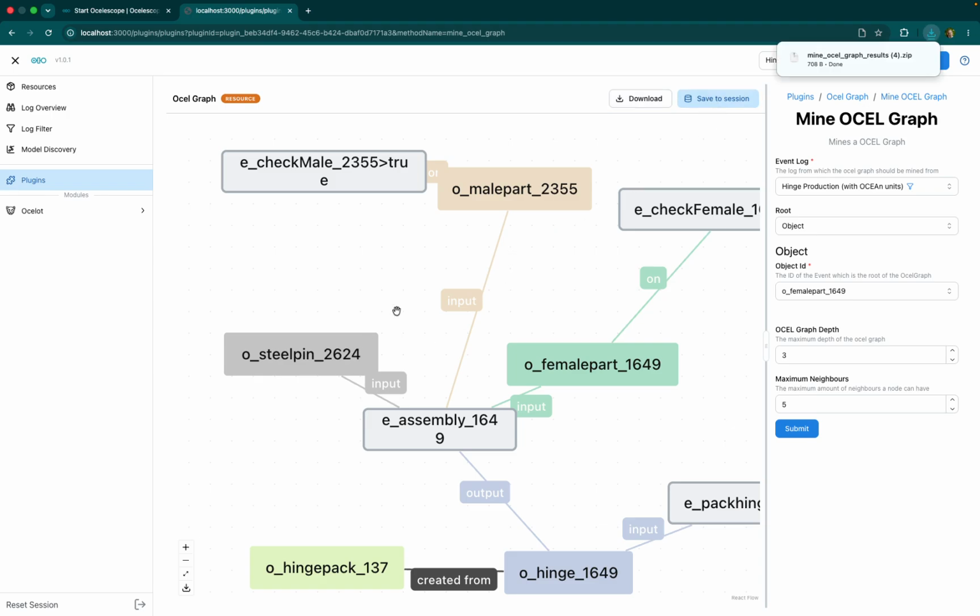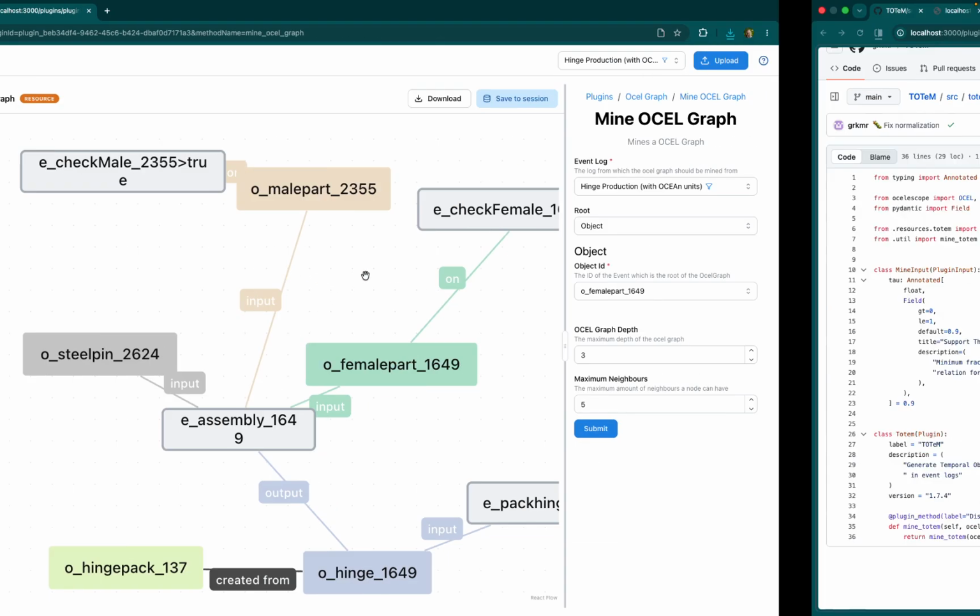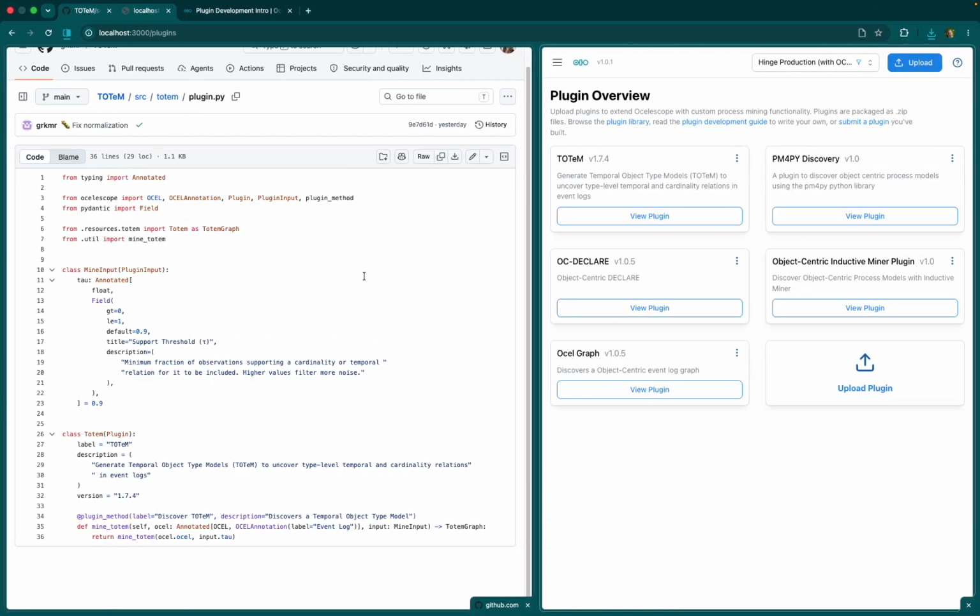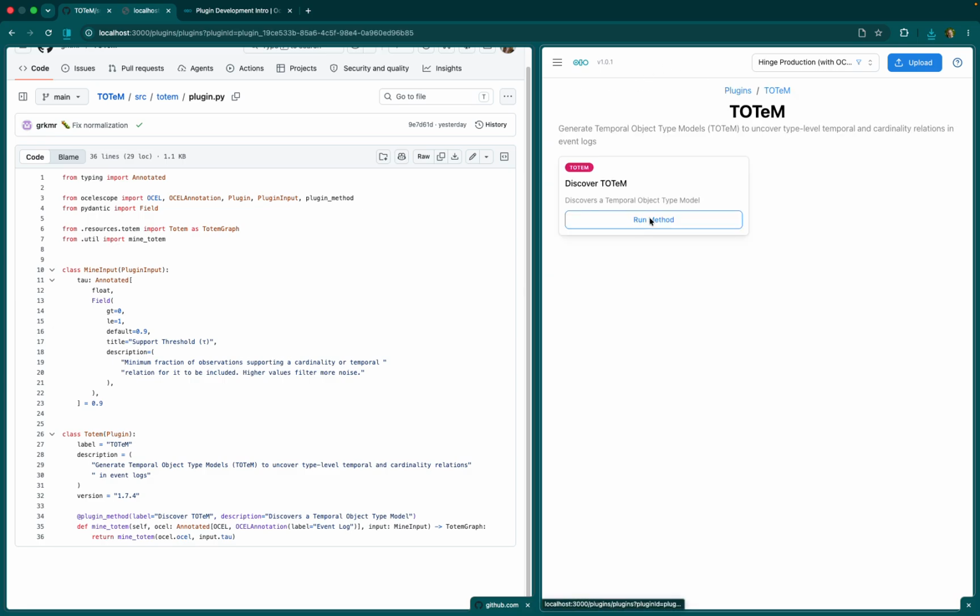The cool thing about plugins is that they are entirely written in Python. Ocelescope builds the front end for you. Let's take a look at this for the Totem plugin. Using the Ocelescope library, the Totem plugin has a label, description, and version, as can be seen in the plugin overview. It consists of a single plugin method,